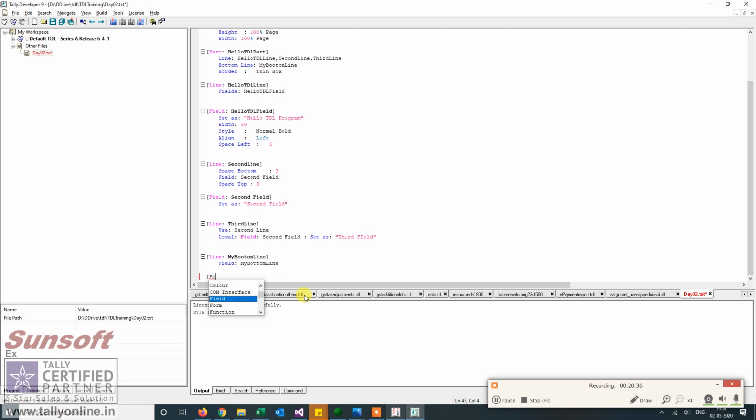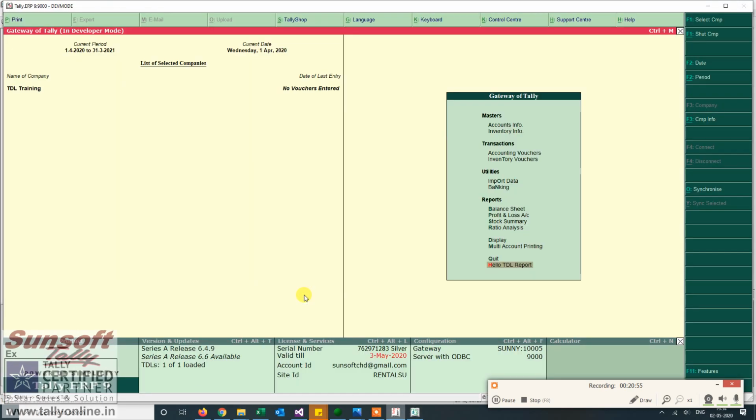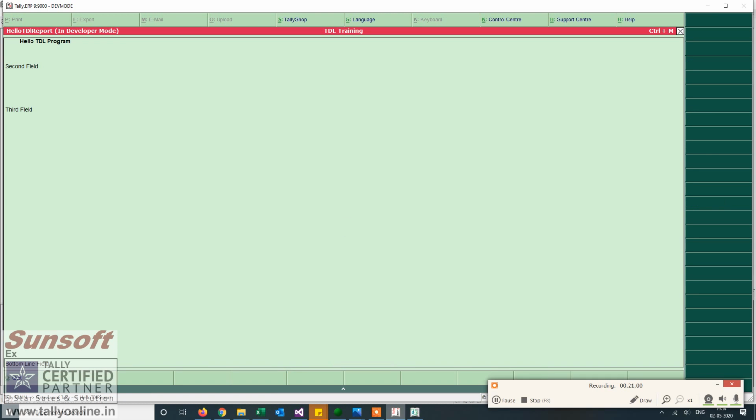So I am defining a field and set as bottom. I give it a value as bottom line field. So I define a new bottom line. Let us see how it works. Now you see this goes at the end of the page and the bottom line field comes at the end of the form. Now I am utilizing the full width of the form since it has finished at the end.